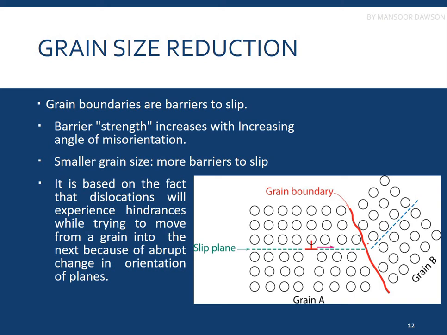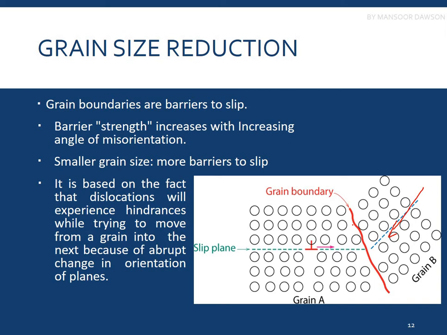So while we apply the load, stresses will be generated in these atoms, the atoms would be moving, and the dislocation would be moving along this plane, and also along this plane. So this is the grain boundary. So along the grain boundary, this provides a barrier to further dislocation movement,